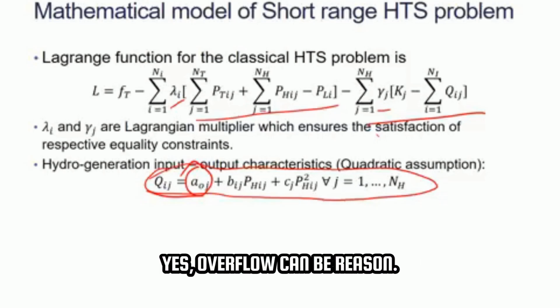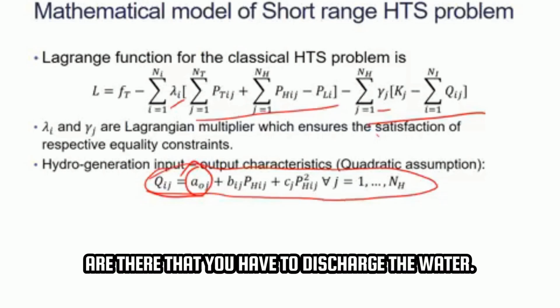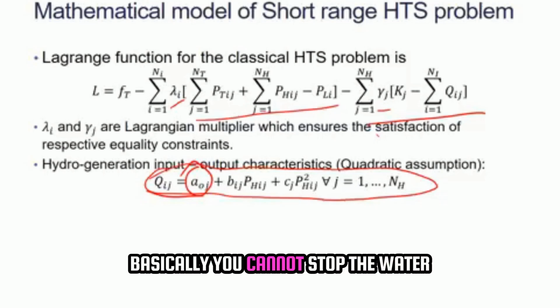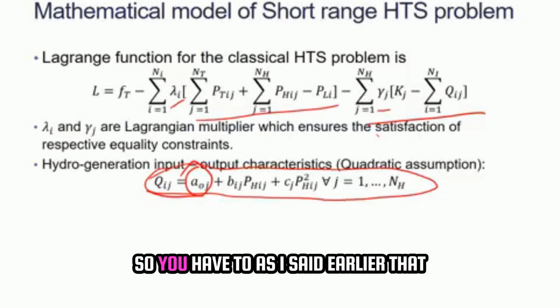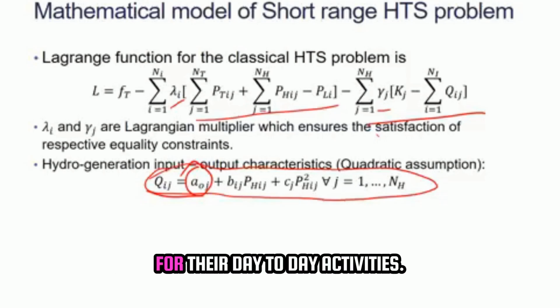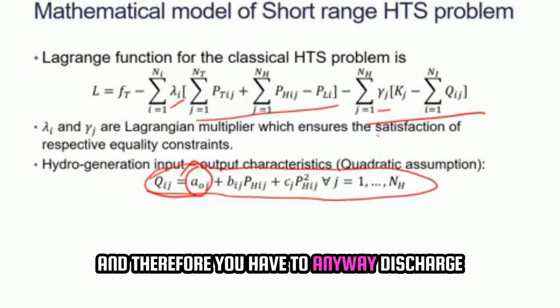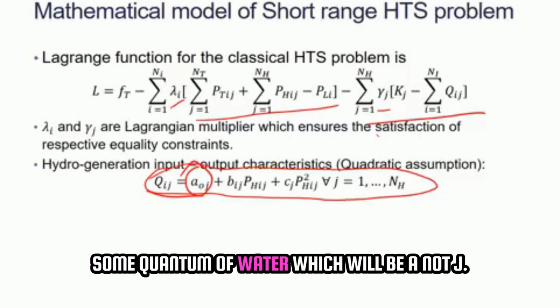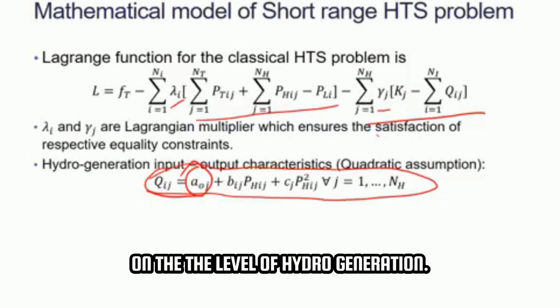Yes, overflow can be a reason, but basically there are also regulatory norms that you have to discharge the water. You cannot stop the water from flowing in the river. As I said earlier, cities and agricultural lands are in the downstream, and they need water for their day-to-day activities. So you cannot stop the water, and therefore you have to discharge some quantum of water, which will be A naught J, and then this BI and CIJ will be taken care of based on the level of